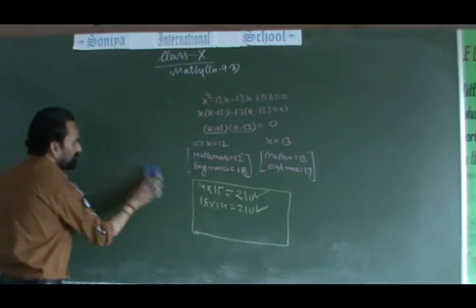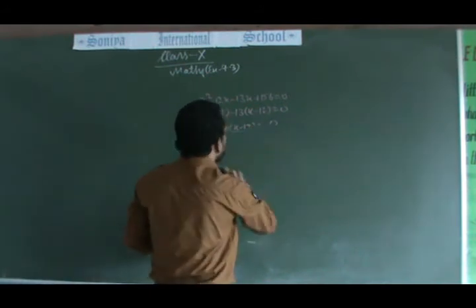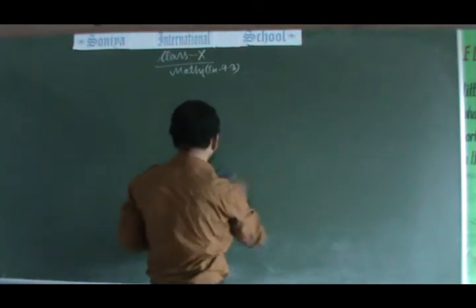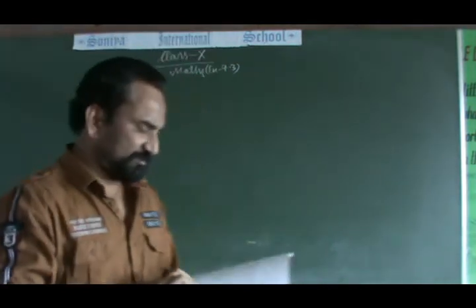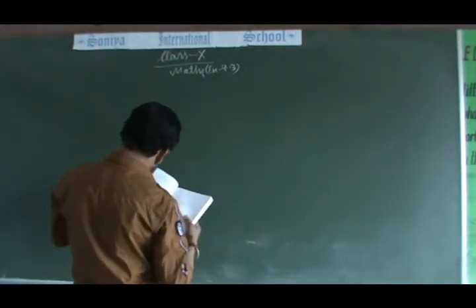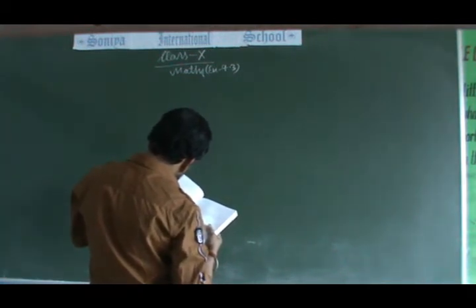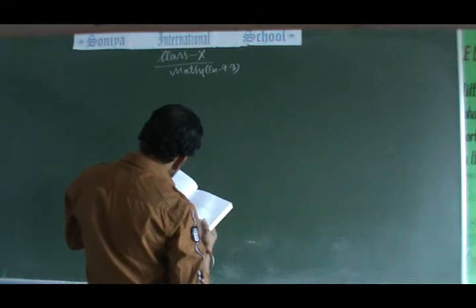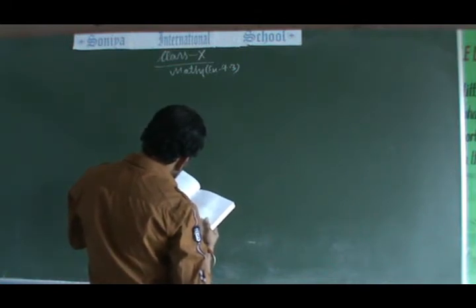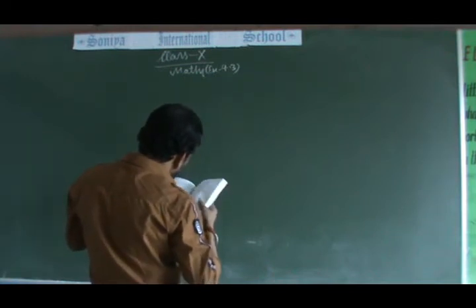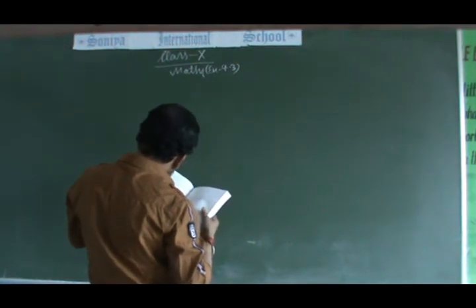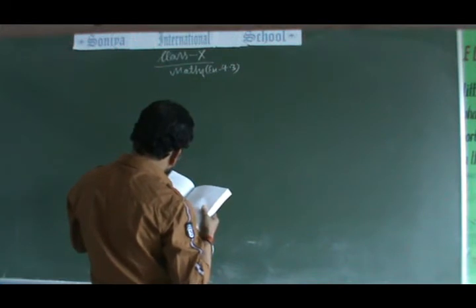Let me take any of the remaining questions from this exercise, and then we will see how to frame the equation and whatever step is chosen by us to solve it. A train travels 360 km at a uniform speed. If its speed had been 5 km per hour more, it would have taken 1 hour less for the same journey. Find the speed of the train.